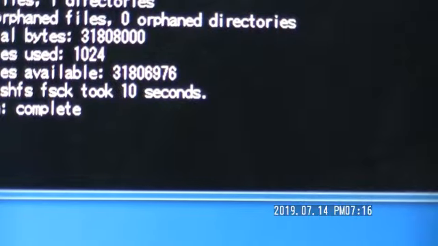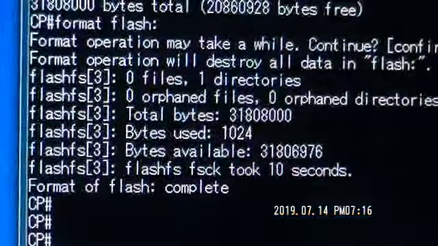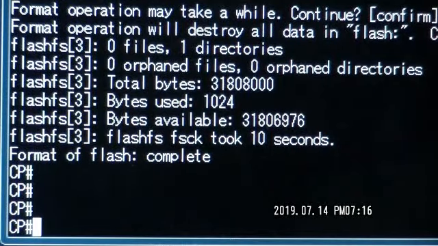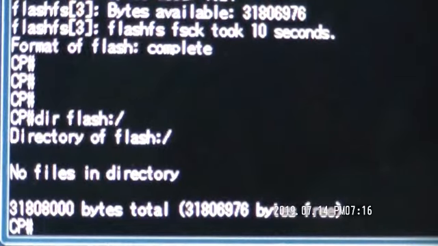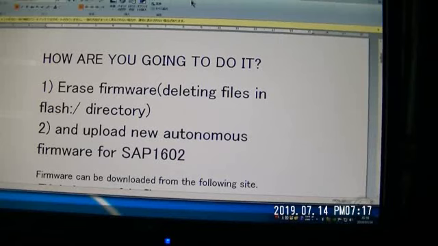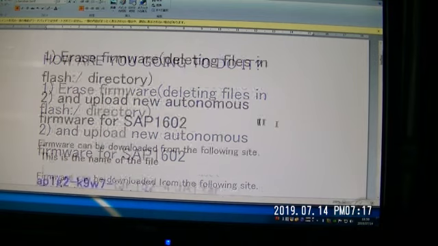After formatting, it's going to show like this. So let me check the directory flash. Right, you don't have anything there. Okay, so let's transfer the file. I have done the first part, deleting the firmware. So let's now